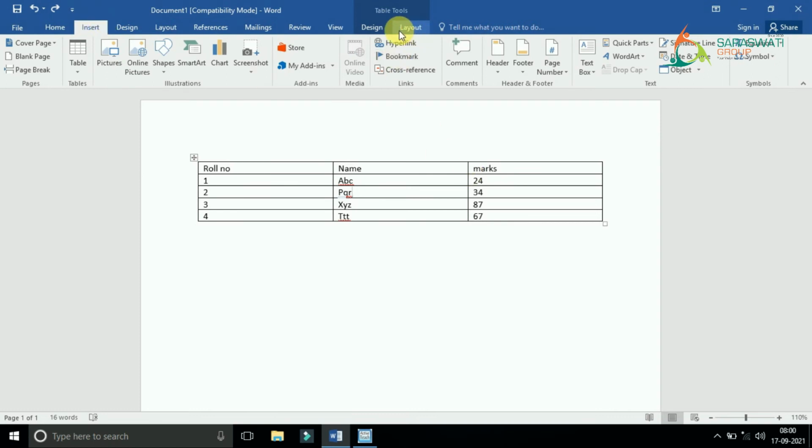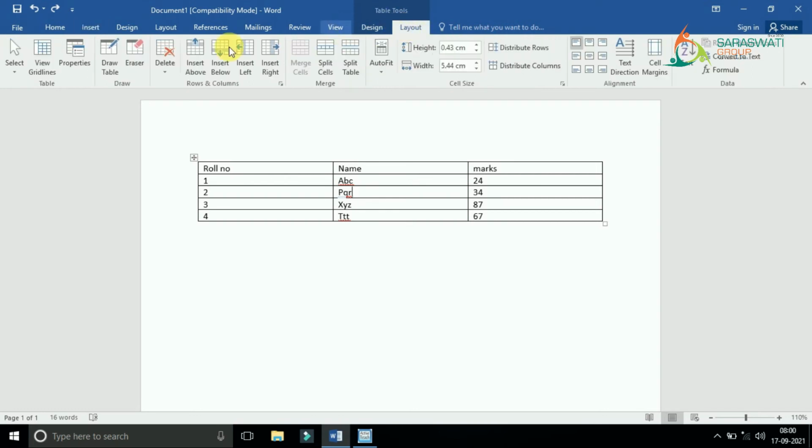Yes, so in the layout tab here you can see this rows and columns group. Insert above, above means before it, insert below means after it, right. So first I will select insert above. Now you have to pay attention that as and when I press this option, immediately a row will come here. Can you see that?